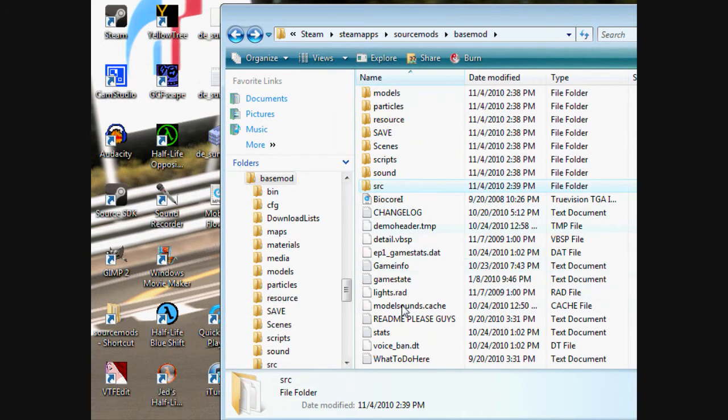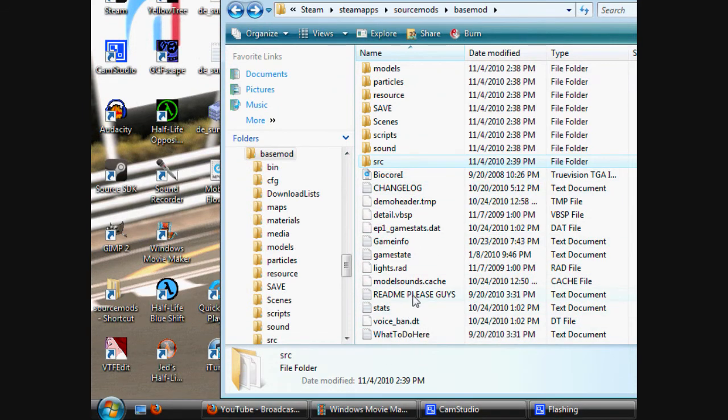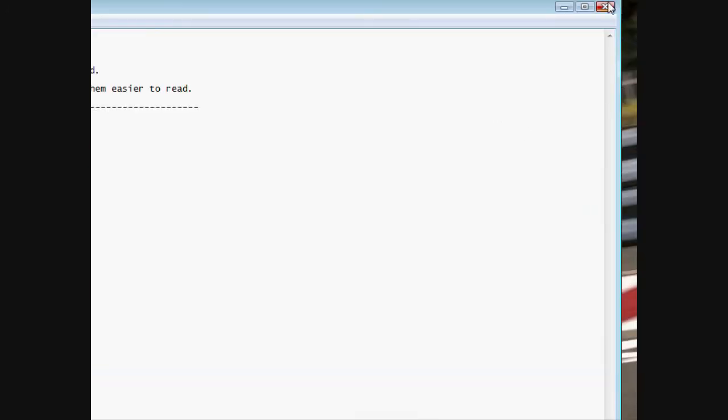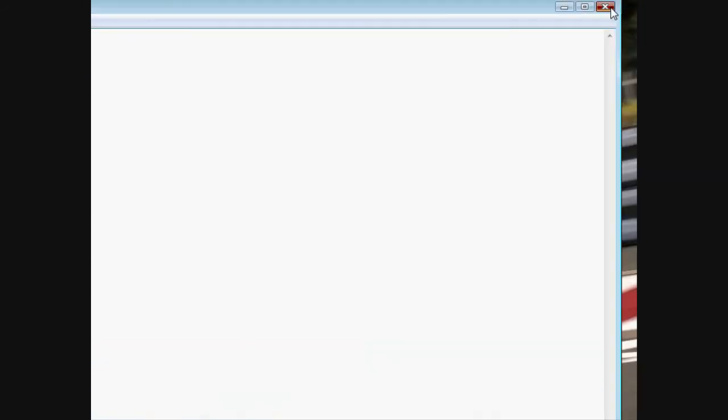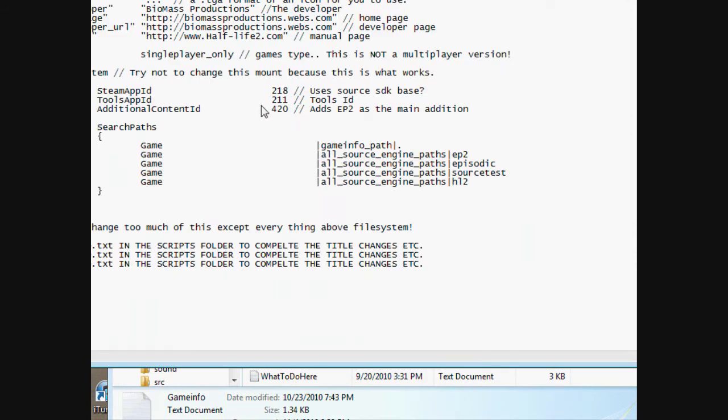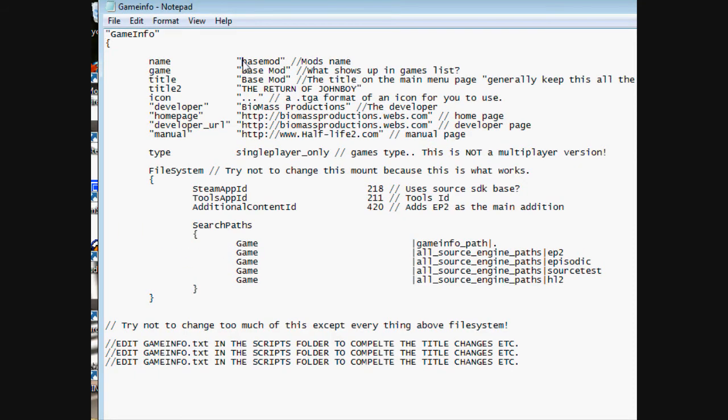also made in C++. And then the rest is just your lights.rad, your detail.vbsp, and different other files, which I suggest you don't really mess around with unless you know what you're doing. But you can mess around with the game state, which is like your alpha or beta, and your game info, which is where you change the name of your game, what kind of game, like the name of the game,